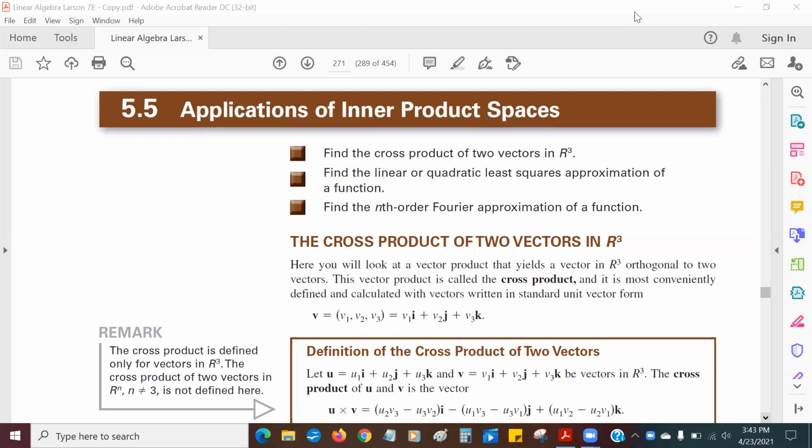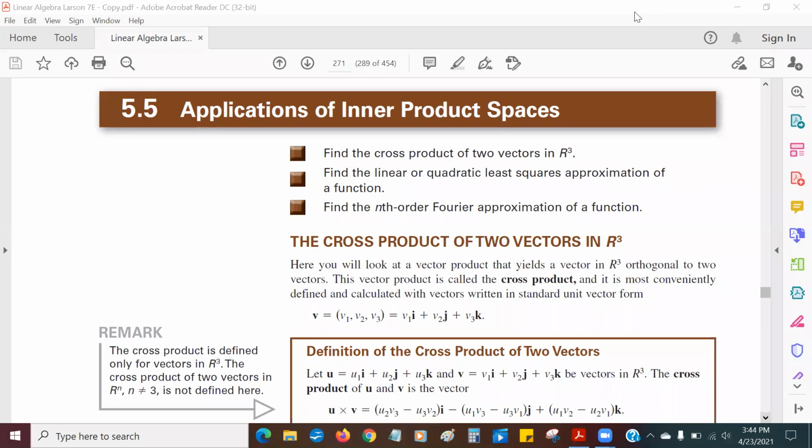Hi, everybody. There's a section of chapter 5, which I inadvertently never posted the video. This is the video, and it's just part of 5.5, and it's this thing called cross products. And a cross product is something that if you take Calc 3, which some of you may have already taken, you'll learn about this thing called cross products, and it's